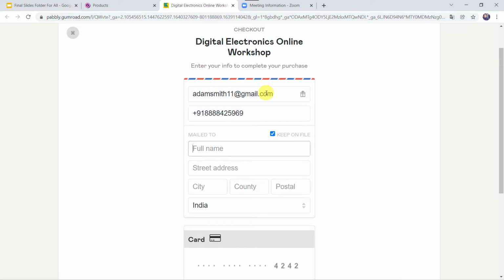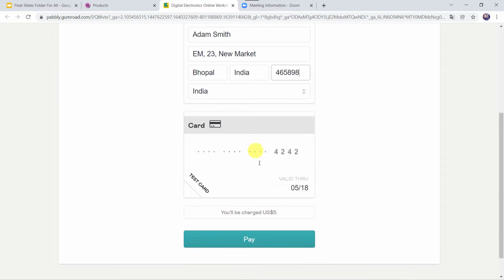Let's give the full name as Adam Smith, street address as EM 23, New Market, city as Bhopal, country as India. I'll add the postal code over here. And these are the test card details. I'll just click on pay.